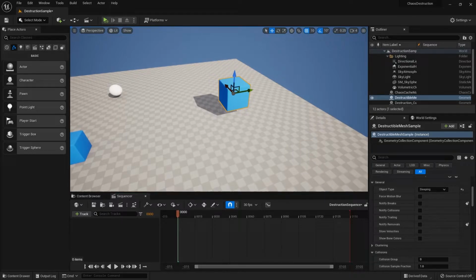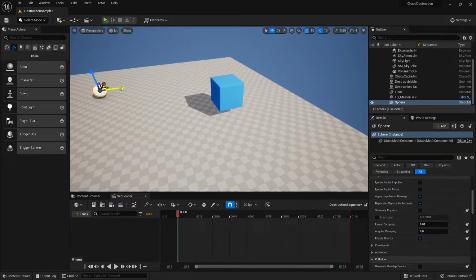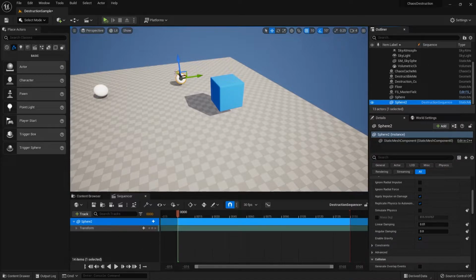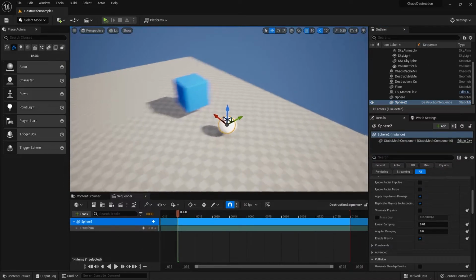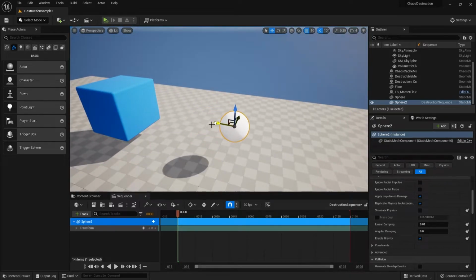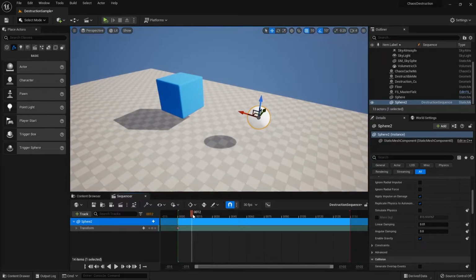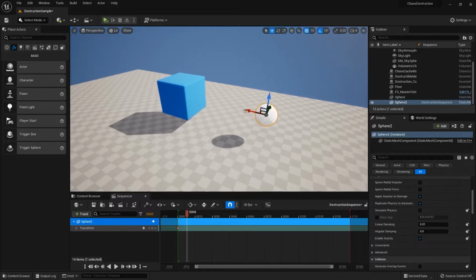Double click into it, and then I'm going to duplicate the sphere, and have this in the sequencer, and then drag this over here, and do a simple animation where the sphere will crash into this cube. So I'm going to key this over here, and then probably at like frame 8, I'll have it crash into the cube. So a very simple animation like that.